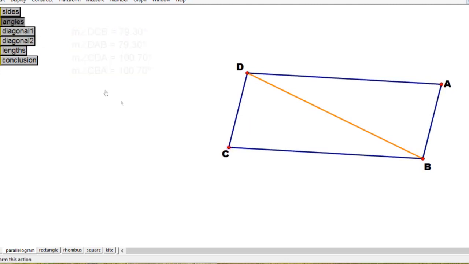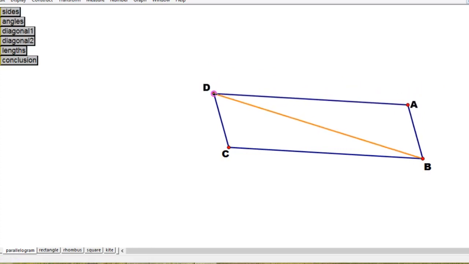This year, we will take a look at a diagonal. Here, the orange segment is a diagonal DB. It's a segment that connects two non-consecutive vertices of the parallelogram. Of course, you know that